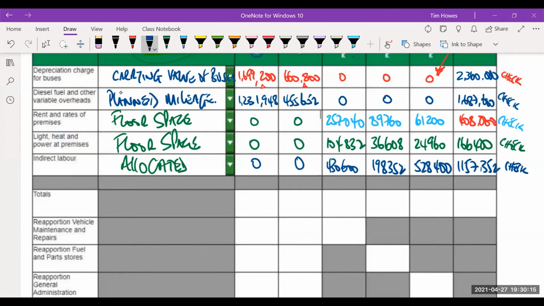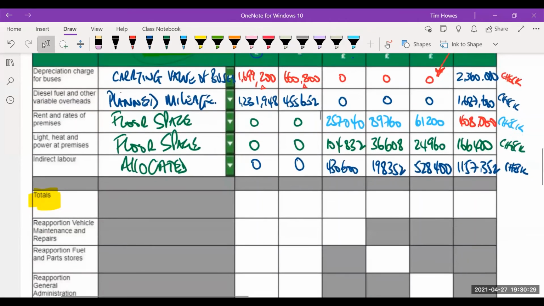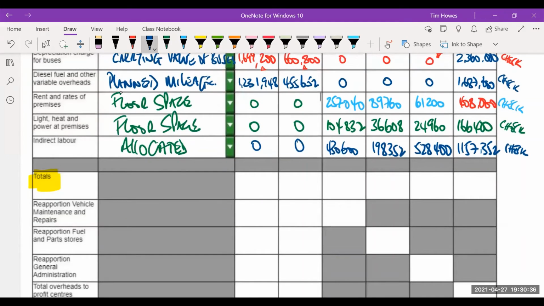Okay, so we then add them up. Really it should do it for you, but I'm going to add up everything that we've got in all 5 centres at this point in time. Literally I'm just adding up these columns. There's no prizes for that, but what you should find is this one will be 2,931,148. P2 will come to, at this point, 1,116,452.